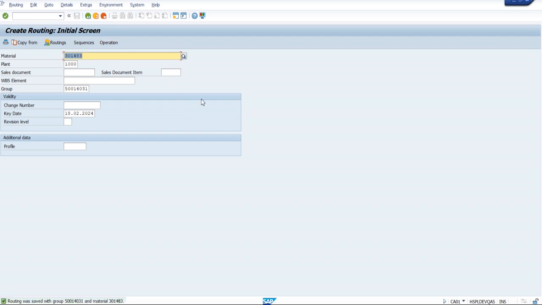Okay, that's why this production version is mandatory here. In earlier ECC, the production version concept was not mandatory. It was there in ECC also, but it was not mandatory. But now in S4 HANA, the production version concept is mandatory here, because